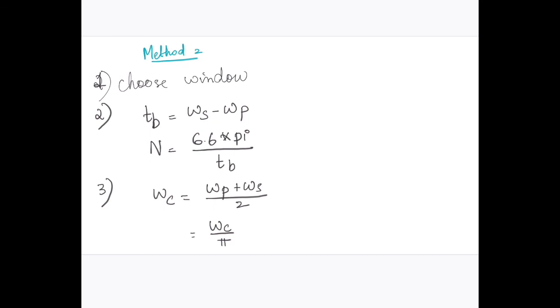We can also find the pass band and stop band in radians using the formula 2 pi Fp divided by Fs, and 2 pi F stop divided by Fs. After this, compute the impulse response of the filter. These are the basic steps to be used in order to find the filter response.